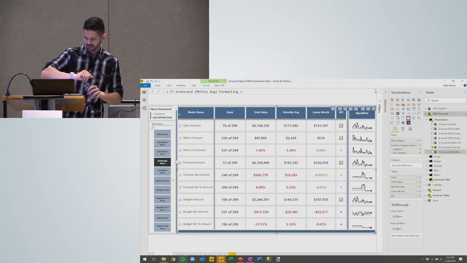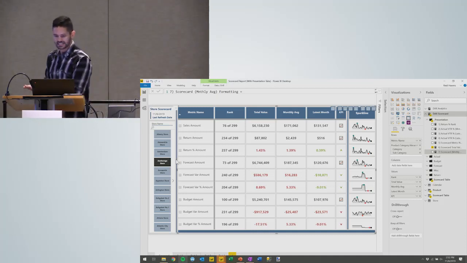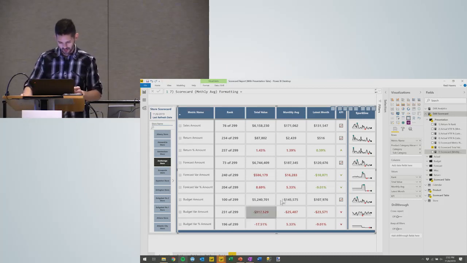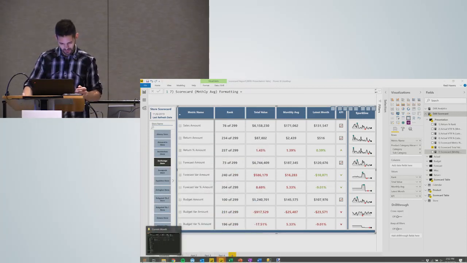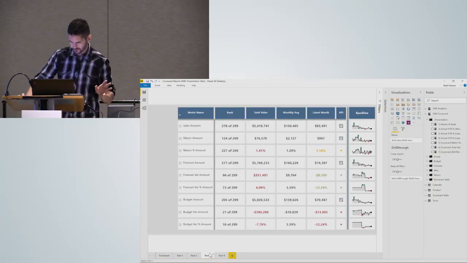So the last thing that I want to show here as part of this, before I show you some other techniques, is the way that I got the sparklines into this. So let me get my scroll bar, which just randomly pops up. There we go. Good. And there we go.